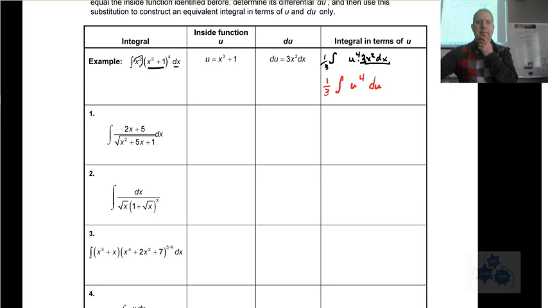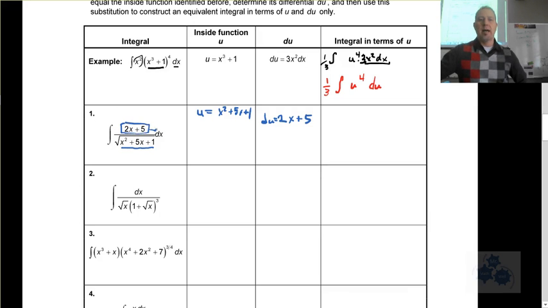Okay, let's take it from scratch here. So I've got u is going to be equal to what? Is it 2x plus 5? Nope, because 2x plus 5 is really not inside anything. This x squared plus 5x plus 1 really is. Du is going to be 2x plus 5, isn't it? I have all of du right here. So I have du times dx. I have that already. So this is 1 over the square root of u